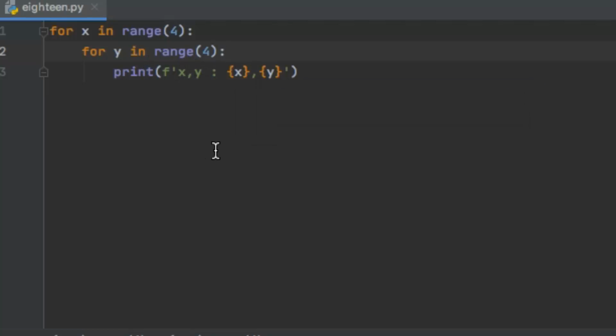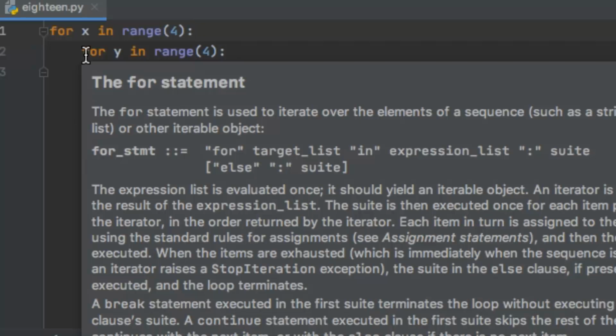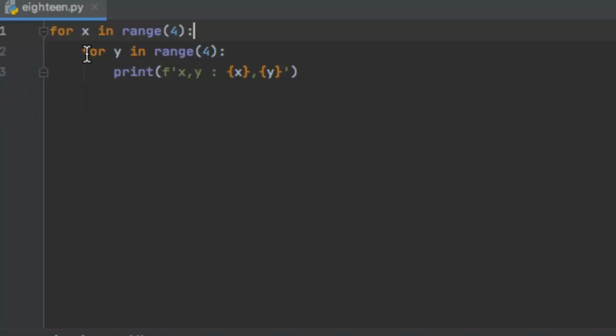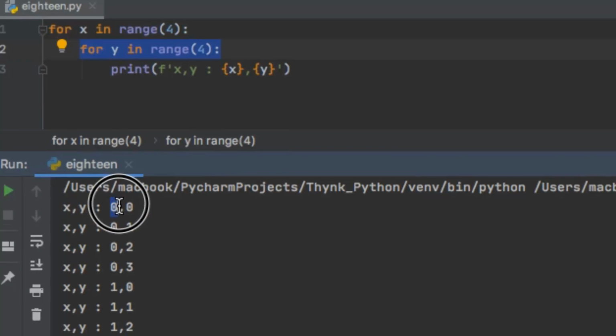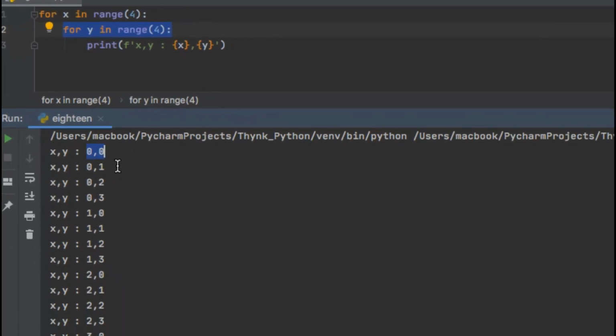Now please understand that in the first iteration the value of x is 0. Okay, so the outer loop has initialized the value of x to be equal to 0, and for this 0 value of x only, it has encountered another for loop which says to start another loop where y should go 4 iterations, right? And in the first iteration x is 0 and y is also starting at 0. So you can see here that x is 0 and y is also 0, right?